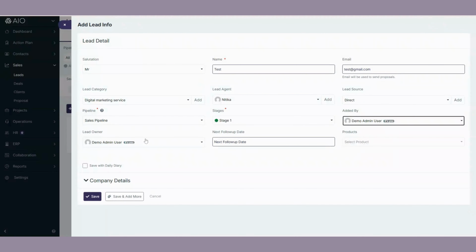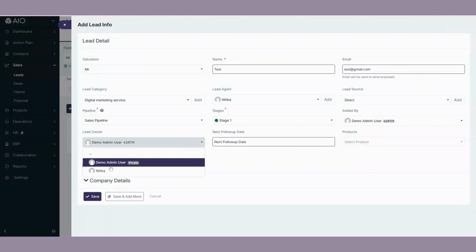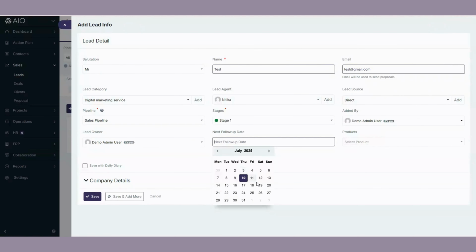Assign the lead to a team member or sales agent using the lead owner drop-down. You can schedule a next follow-up date and specify the lead source.